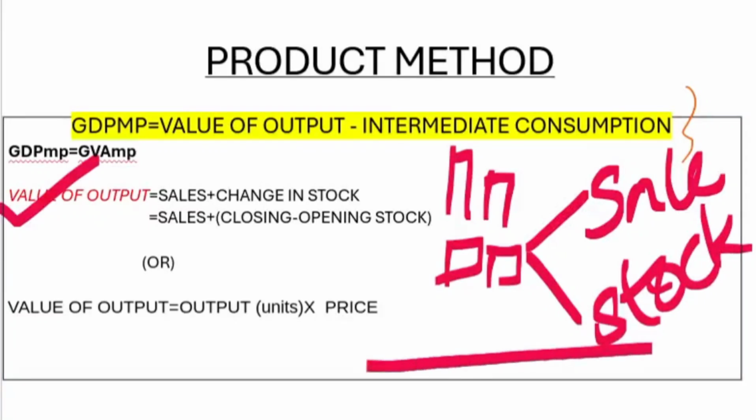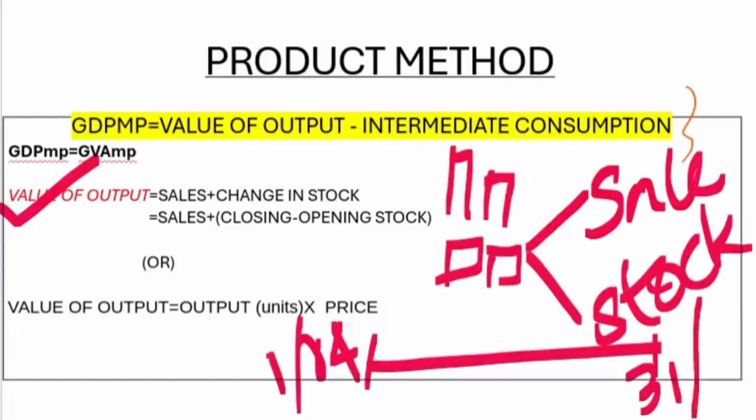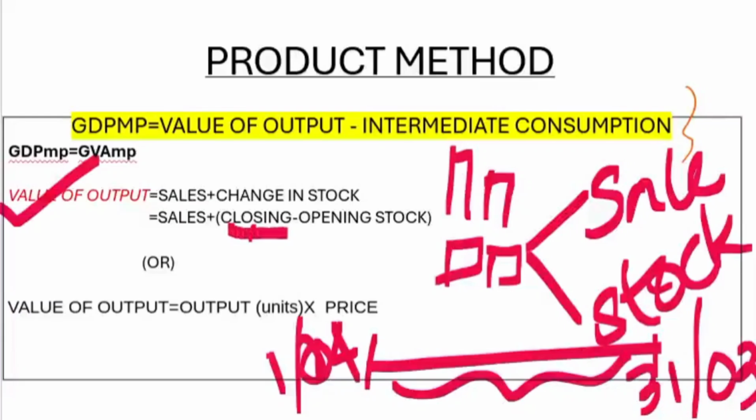Why change in stock? Because we want the thing which pertains to the particular year we are dealing with. So the closing stock at 31st March, which is the end of the financial year, includes whatever actually belongs to the previous financial year, present on 1st of April. So we need to deduct the opening stock from the closing stock to get exactly what belongs to the current year in which we are dealing. That's why sales plus change in stock. Otherwise, we have